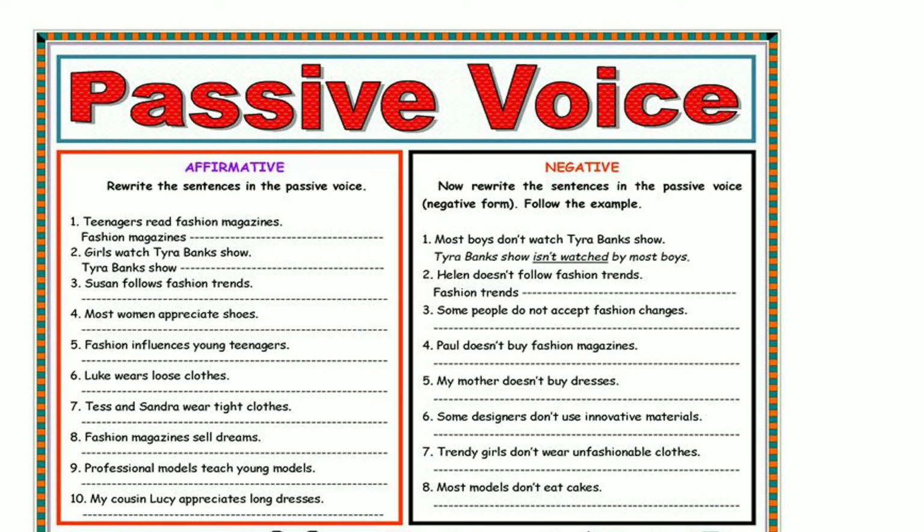The first section is affirmative, the second is negative. For both, you have to rewrite the sentences in the passive voice. For affirmative, there are 10 numbers. For example, number 1: Teenagers read fashion magazines. And then it becomes what? Fashion magazines,